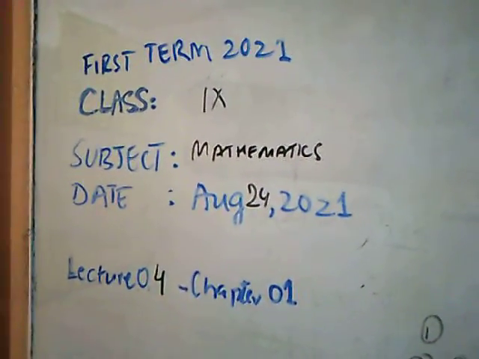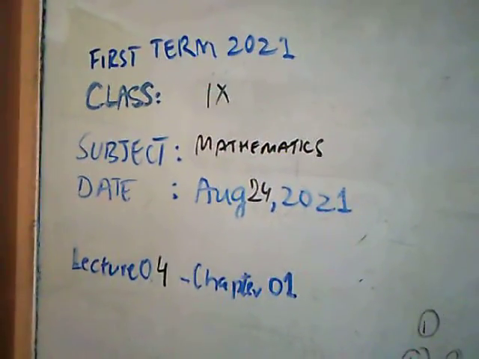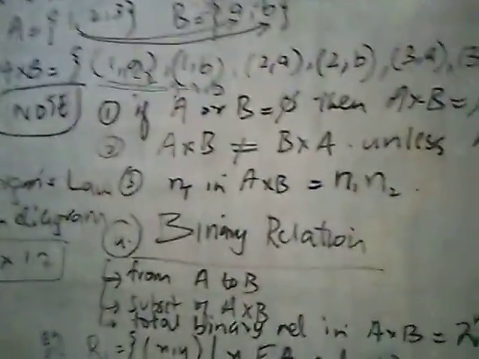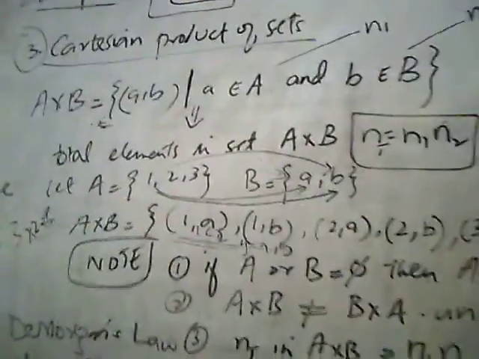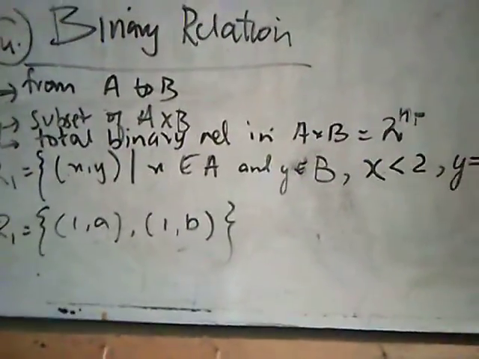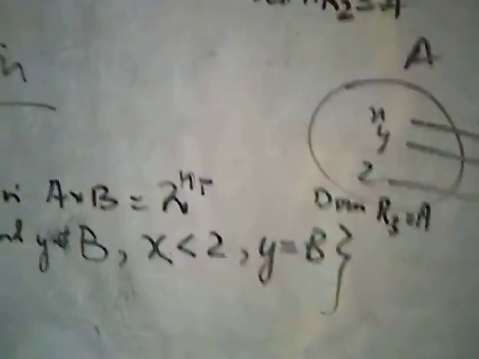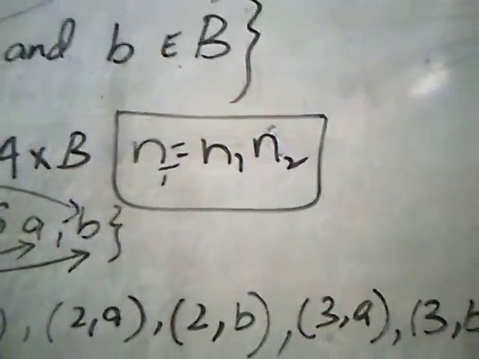Moving on to another topic for today's lecture, we talk about how a binary relation is a subset of the Cartesian product of two sets, and how many binary relations could be made from any two sets A and B. There could be a total of 2 raised to power np binary relations, where np is the number of ordered pairs present in A cross B.